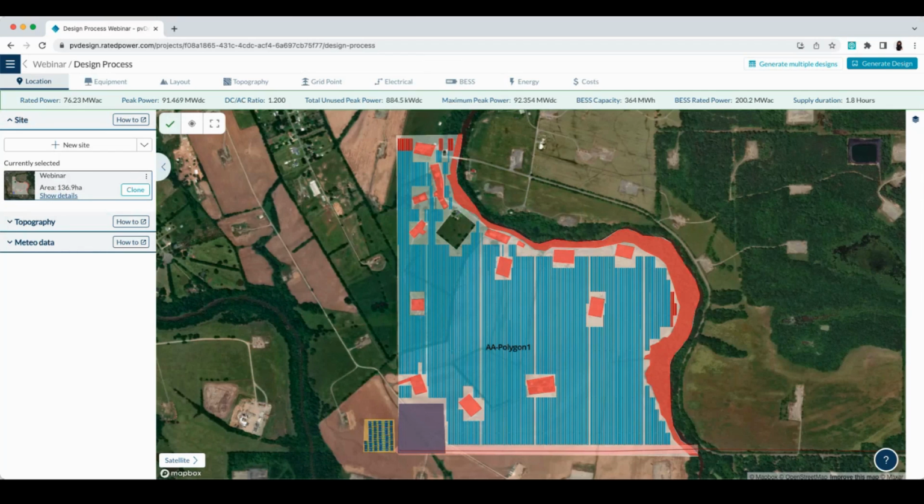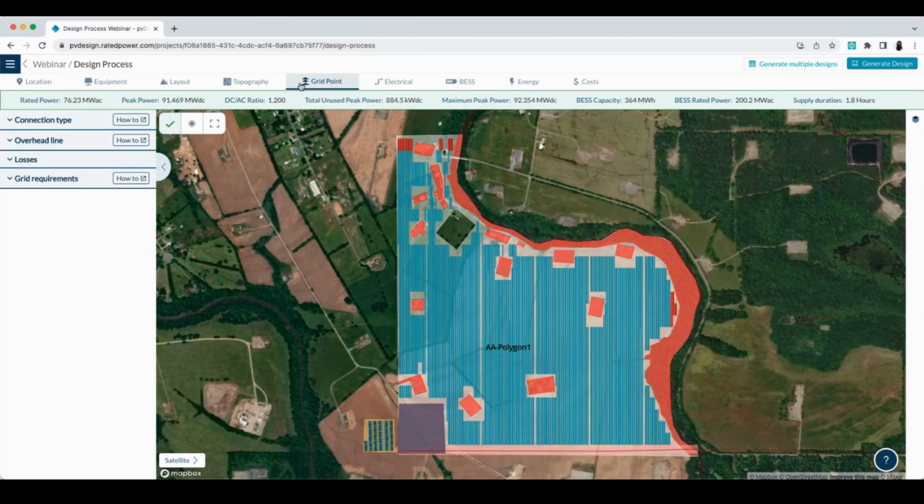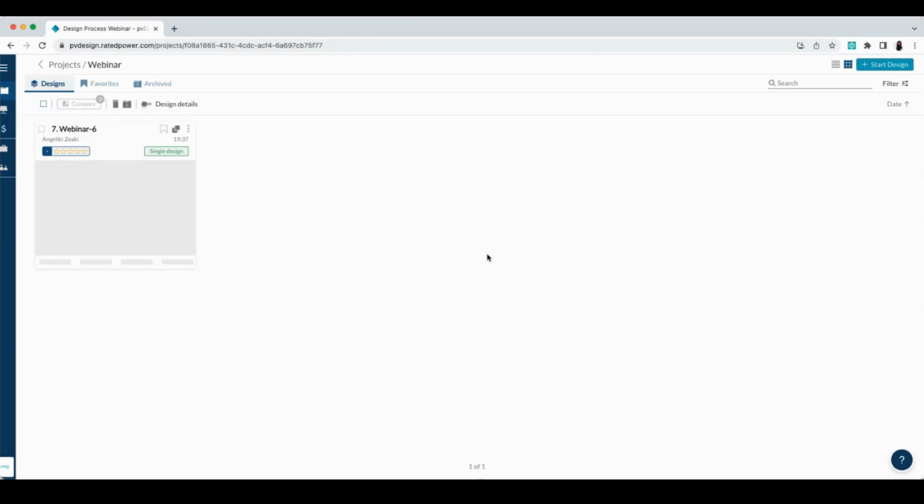So from here, you can start working on the input values, and you can go back and forth from all the tabs here, and modify the input values until you reach your target power. And when you finish, you can come here and click on the Generate Design button. Here you can name your design, and also choose the unit system that you want it to be, and also choose the language that you want your documents to be generated in. So when I click here,